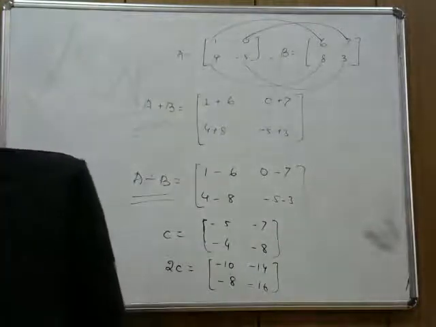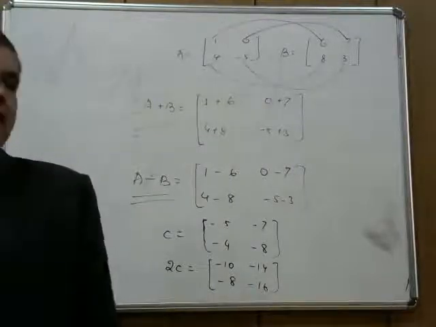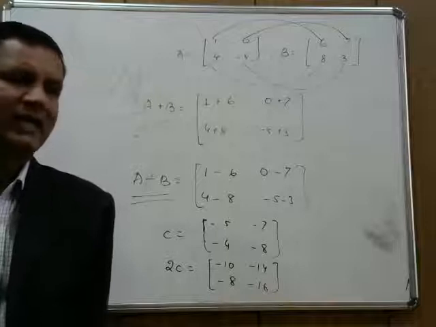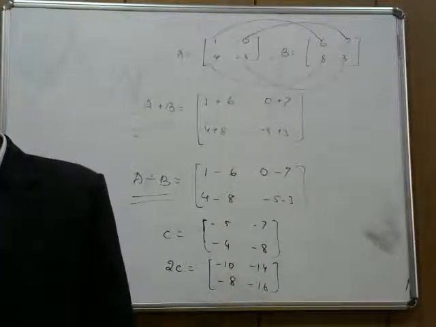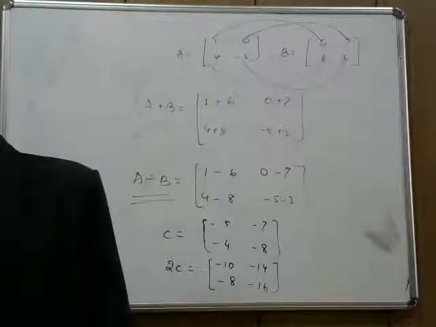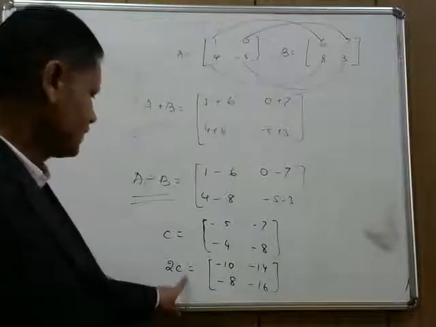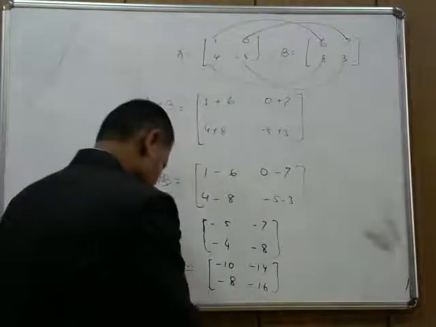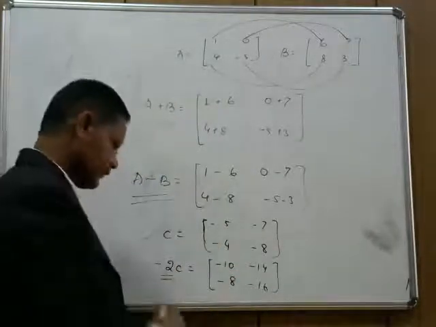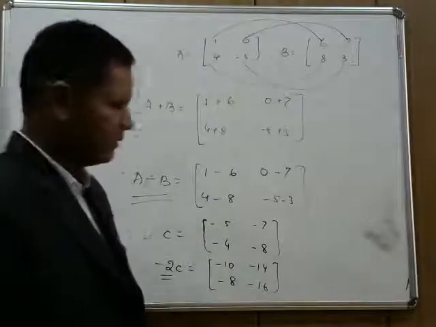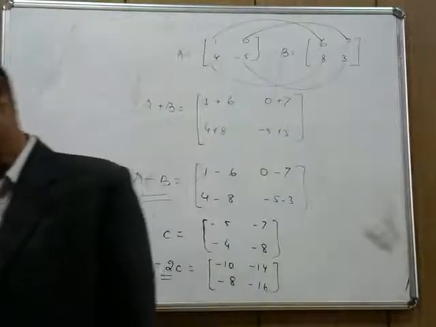That is called scalar multiplication. That means the matrix obtained by multiplying each element of the matrix by any scalar, any number, any value, k, lambda, 3, 2, minus 5, whatever, is called scalar multiplication. Here I am multiplying matrix C by the scalar number 2. It can be negative 2, it can be minus root 2, whatever it is, it will be any number. That is called scalar multiplication.